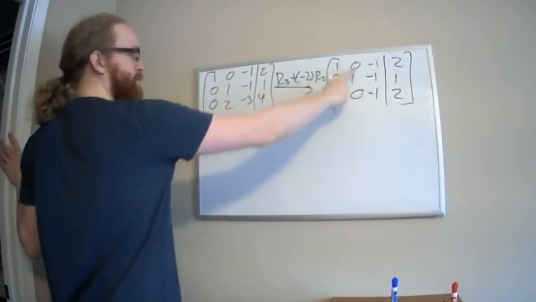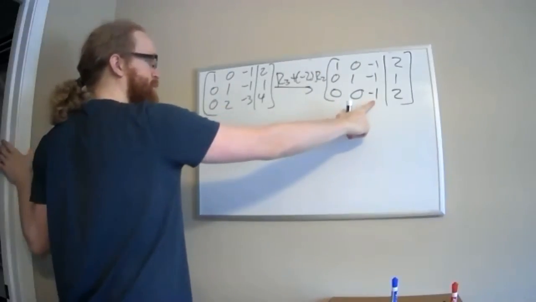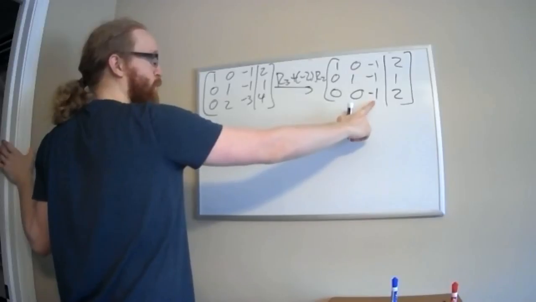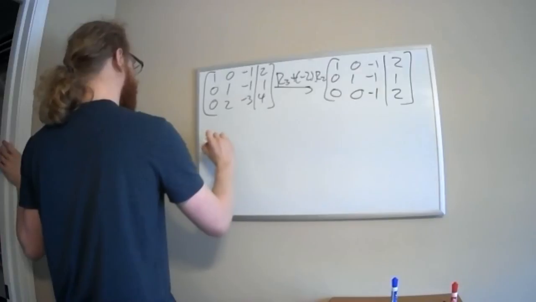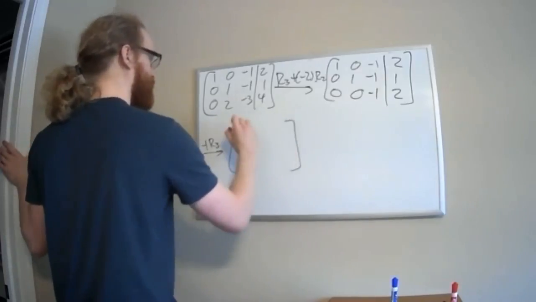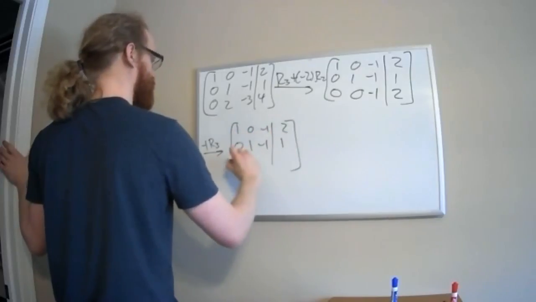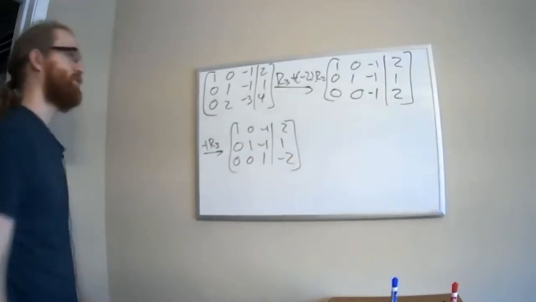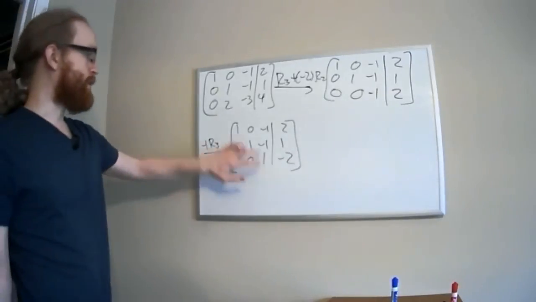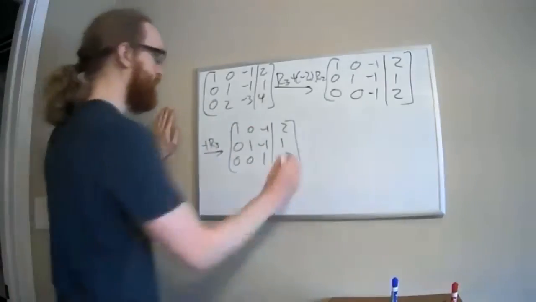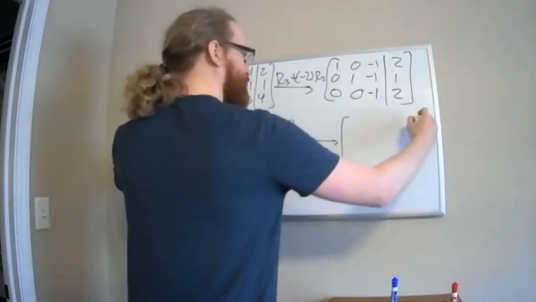I want a leading one. The second column is done. I've done the first 2 columns. We just have to finish off the third column. I want a 1 here, so again, let's just multiply the last row by -1. I just change the signs. I get 1, -2. And now to make this into a leading 1, I just need zeros above it. So what I'm going to do, maybe I'll just do this in one step to save my